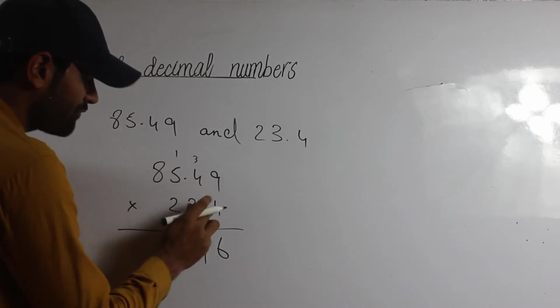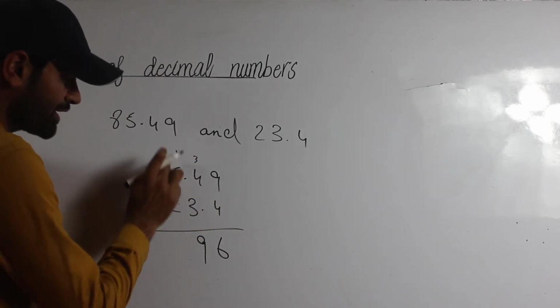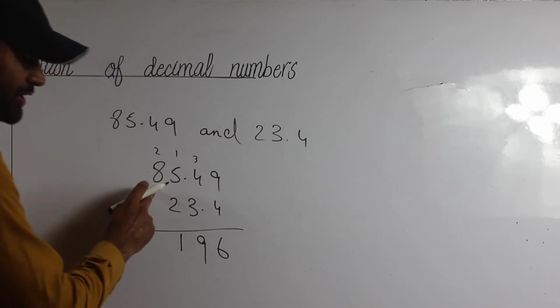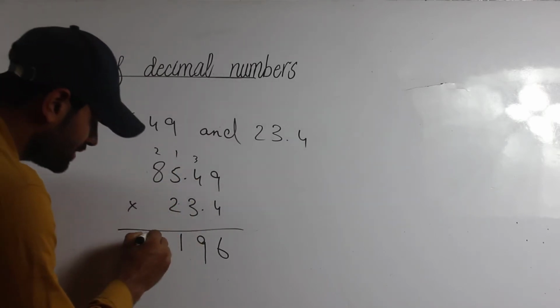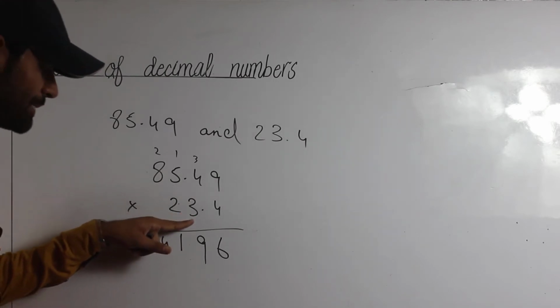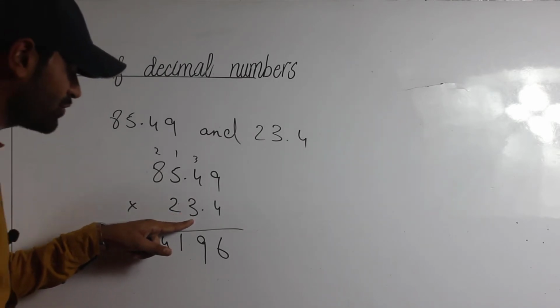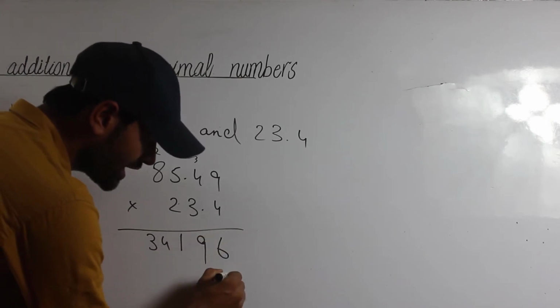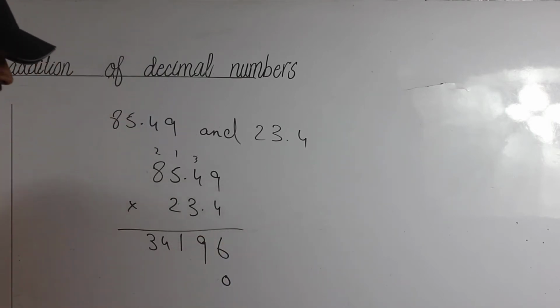19, carry 1, 4 plus 4, 5 4s are 20, 20 plus 1, 21, carry 2, 4 8s are 32, 32 plus 2, 34. And again, when I multiply with the second position, at the position of 10s, I also start with the position number at the position of 10. So here put a 0 or a cross.